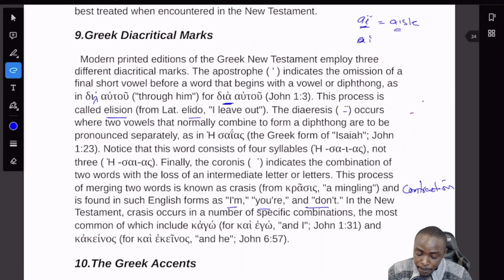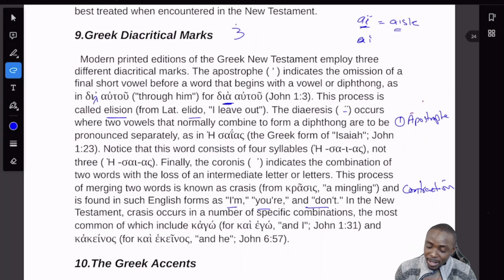Let me just go over them again. The first one is the apostrophe, A-P-O-S-T-R-O-P-H-E. And that really is used to show that a letter is missing. The second one you're going to come across is the... I said 4. It's actually 3. Sorry about that. It's kind of like, wait, where's the 4th one? So it's 3. The second one you're going to come across is the